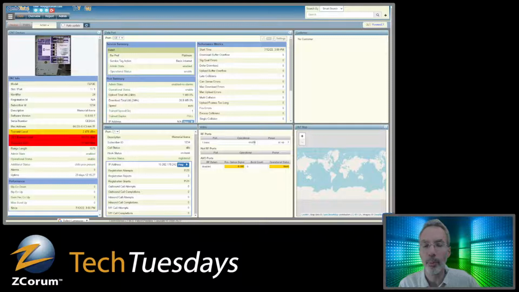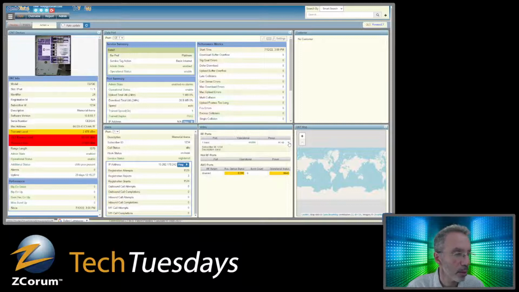So that's again something the operator puts in, I think. You can see that's enabled, operational status, power AC up. If I click this little arrow button here, I can see the subscriber ID, 1234, and then again the description basics. So that's the description right here that we're seeing. You've got this particular one. I haven't found any that had anything under here.